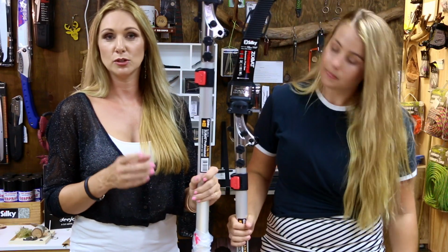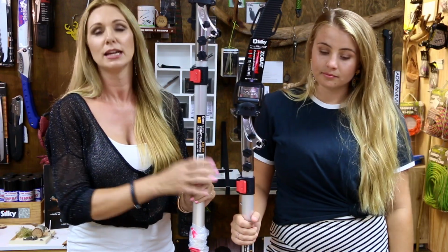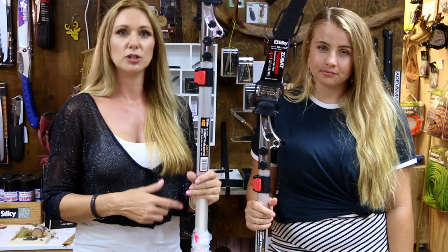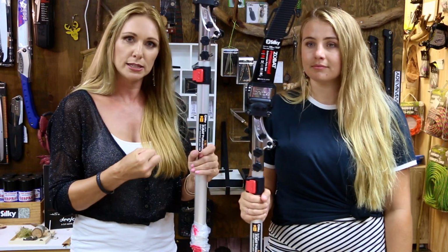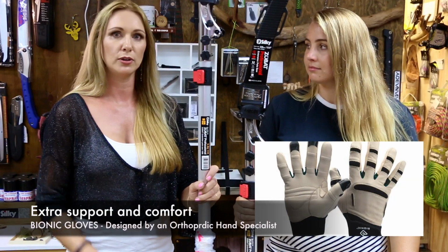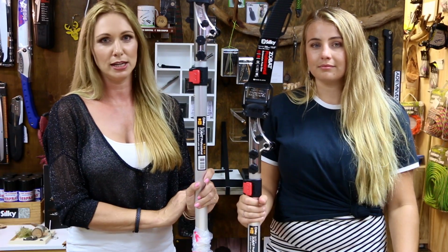So the other great thing to also remember with all of the Silky pole saws, and the Zubat is no exception to that, is that they have the fantastic gum rubber handles that give extreme comfort. It absorbs vibration, but it also makes it really easy to hold and really grippy, so you're not going to slip. You don't have to squeeze extra hard, which is fatiguing at the end of the day if this is your profession, or if you're doing a whole day of gardening. Your hands can get quite sore if you're having to really grip onto everything that you're using. So those rubber handles are really fantastic with the